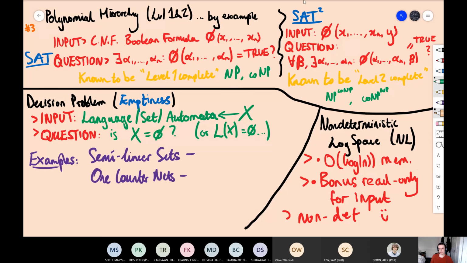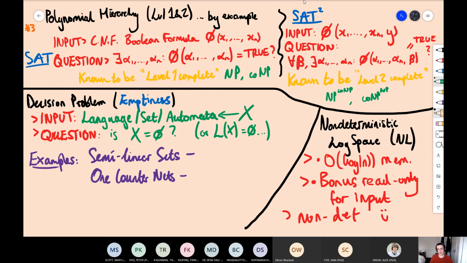And for this, the canonical problem, at least that I like to think of, is graph reachability. So input a directed graph. You have a start state and an end state, and a simple question: can you get from the start state to the end state? The idea is you non-deterministically guess between each of the transitions, and you don't need to remember your past if you can non-deterministically guess very well. So you just remember the state you're at, look at the transitions available to you, move on, repeat.